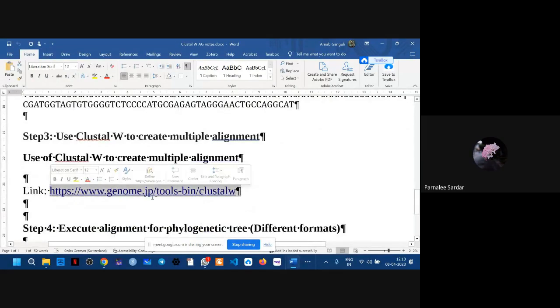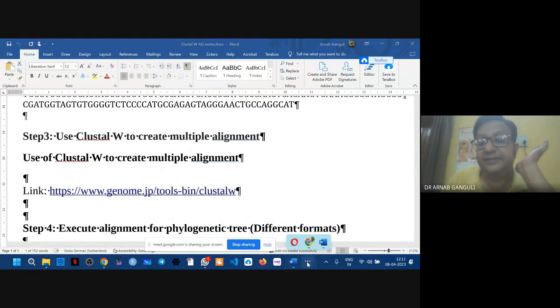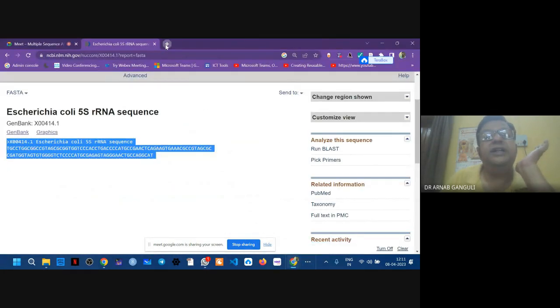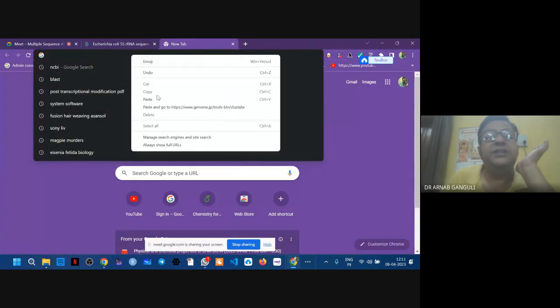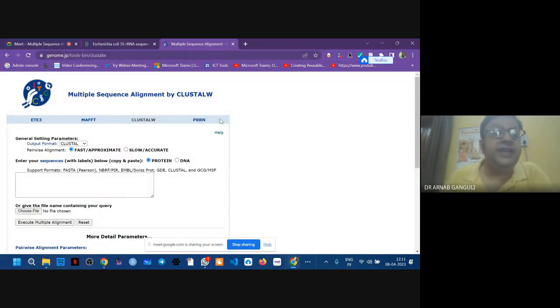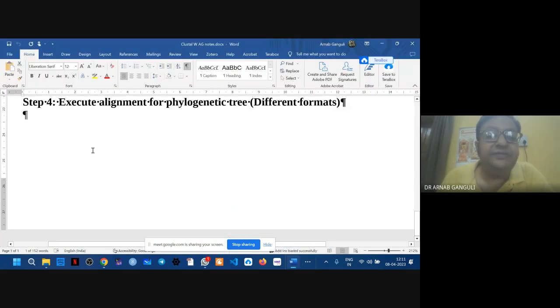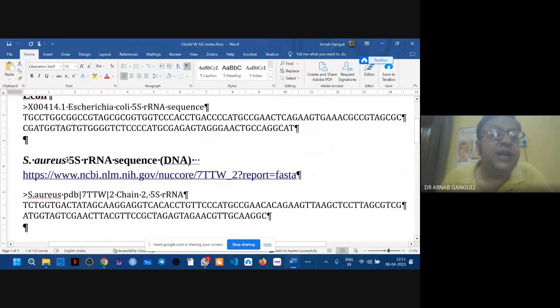So I go to this link, the Clustal W link, and I paste it here. So this is the Clustal site. This supports only FASTA sequences, so you have to give the sequence in FASTA. This sequence is in FASTA, but it becomes too big. So what I am going to do is